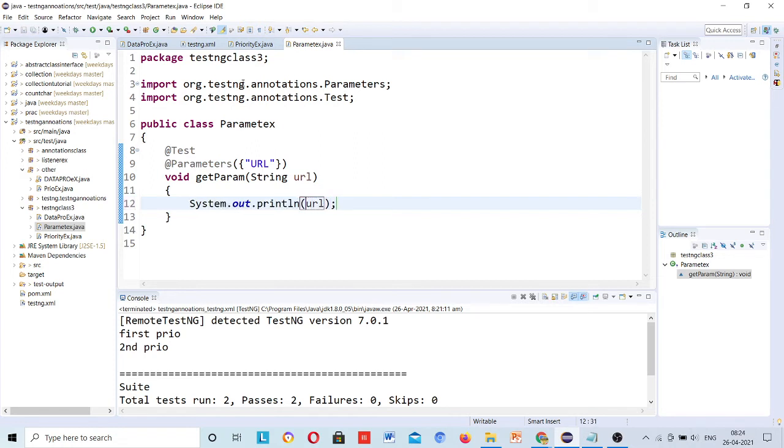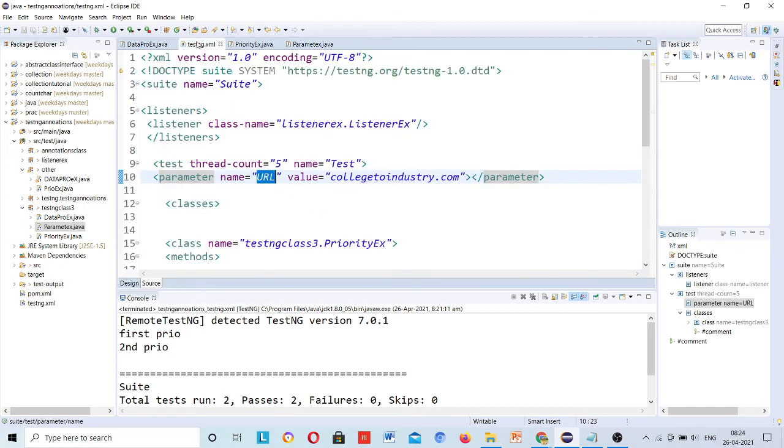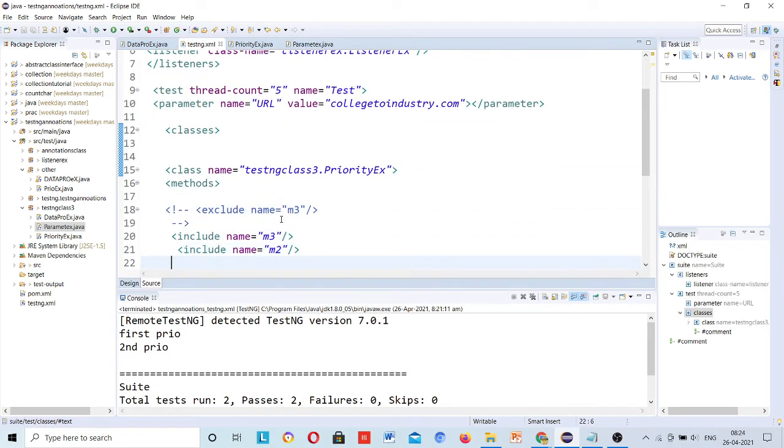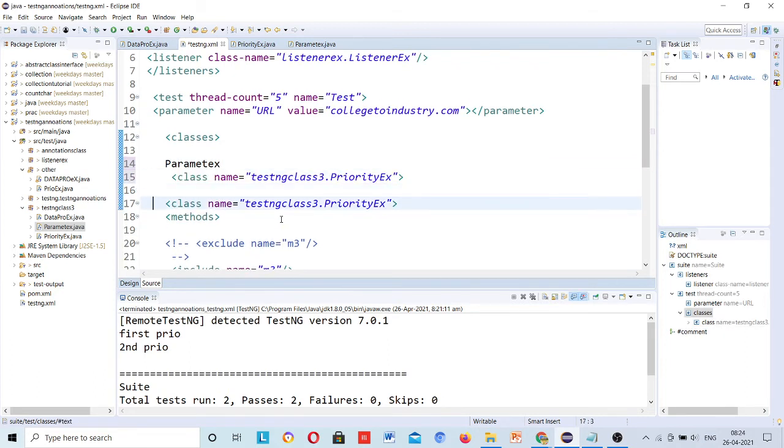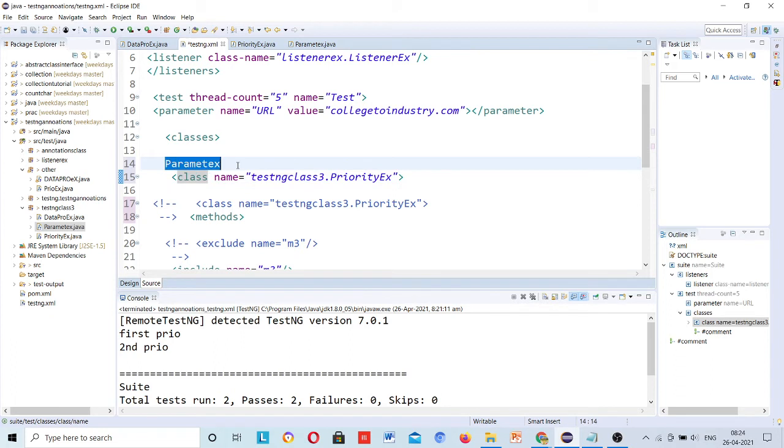Now first of all you have to include this class there, otherwise how will it run? So I will remove this one, or instead of removing I will copy this one, comment it, and give this class name there.